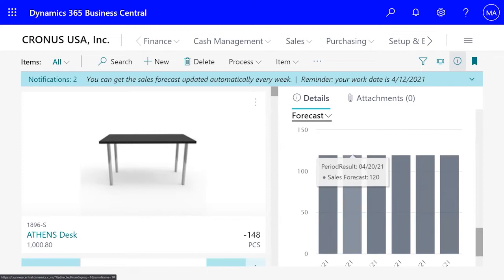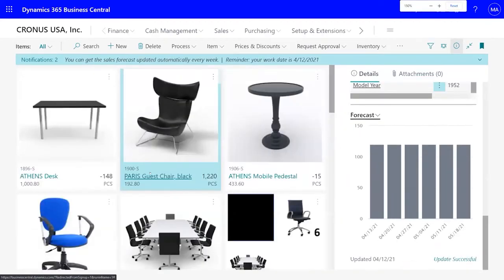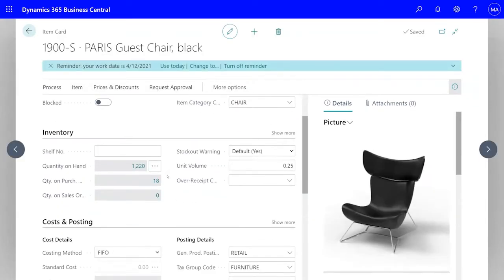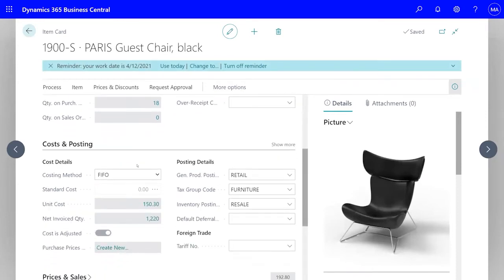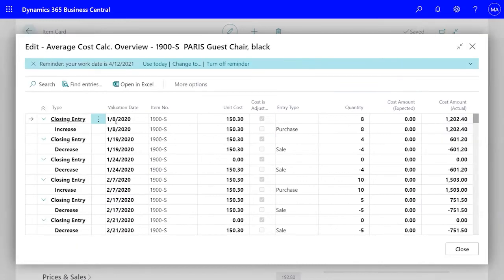Let me just see what is the information behind this item. We have the Guest Paris chair, and I want to see now the sales. I currently have this quantity on hand, and apparently this unit cost, and I want to see why Cortana detected that the sales are so stable. By the way, we have, of course, our historical information, okay? The sales,